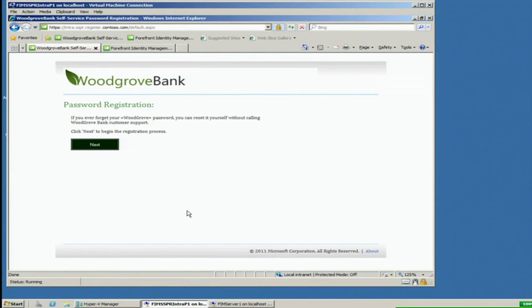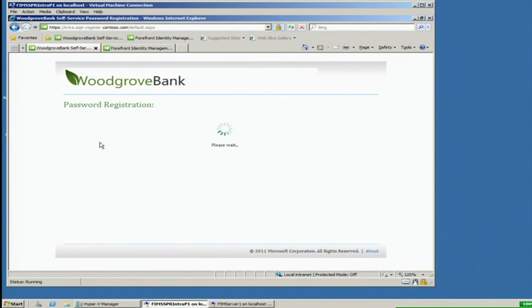So here's the password reset registration experience in FIM 2010 R2. It's a little bit cleaner. It's a little bit more branded for the organization, in which case Woodgrove Bank. And although it's still running in Internet Explorer, had this been Mozilla, had this been an iPad, I would have seen the same page. There's no fancy Windows service running behind the scenes on this computer. There's no fancy ActiveX controls. This is a plain old HTML JavaScript application. So I can go through and click Next and